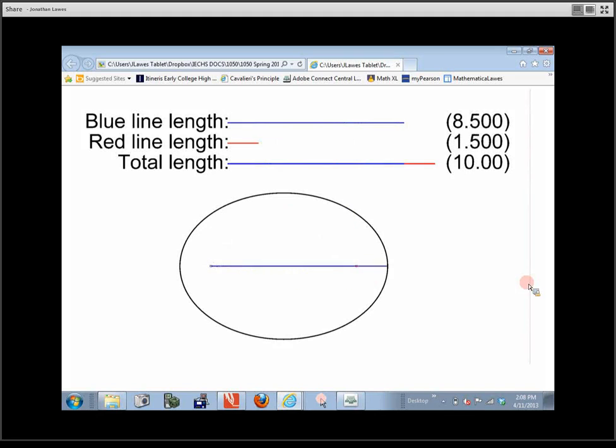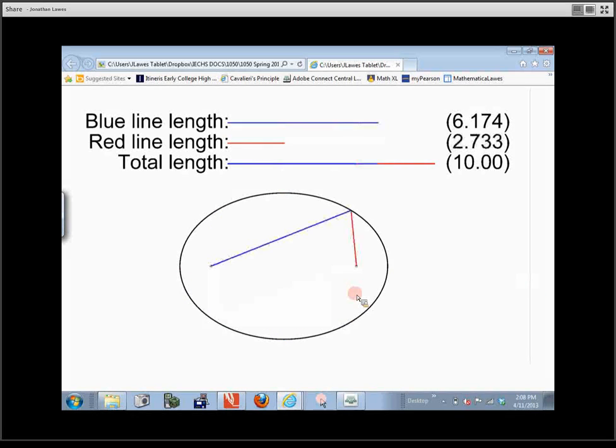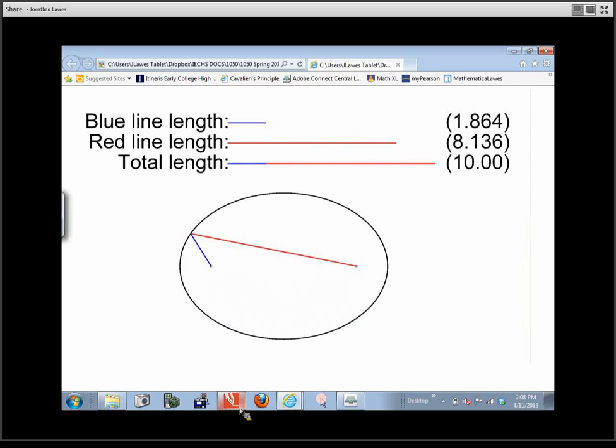It's the set of points, the sum of the distances between a point on the curve and these two fixed points, these two foci, is always the same. In this case, it was 10 just for this demonstration, but we could make it lots of different things. Good? Okay. So let's go back here